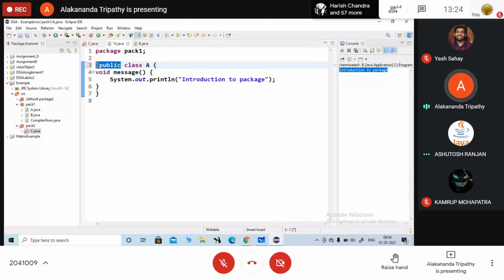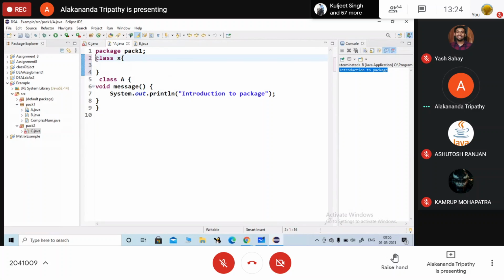Then if I am going to create, why? ये class का definition क्या है? Now suppose here I am going to create another class, class X. What is it writing here?